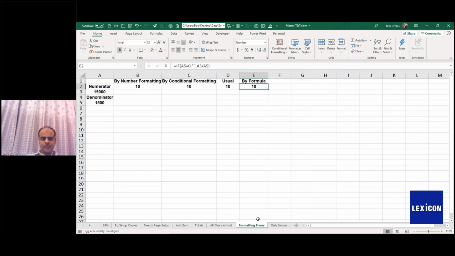So here are formatting errors that often happen. Each of these is this divided by this. So I'm getting 10 here because it's A3 divided by A5. Same thing here. Same thing here. This one has a case that says if I'm dividing by 0, that is if A5 is 0, then show nothing. So if this is 0,